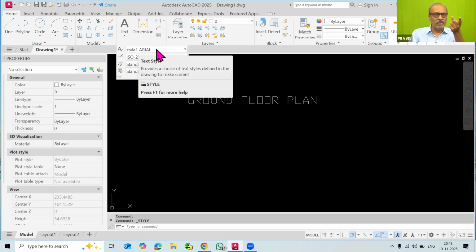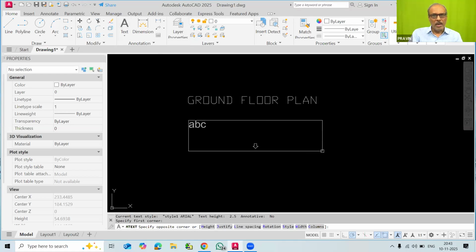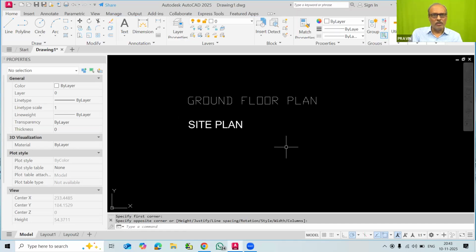Earlier it was standard style, now it is style 1 Arial. And now if I use the multi-line text command here, I will just click here and type SITE, site plan, and in this way you can see that the Arial font was there.